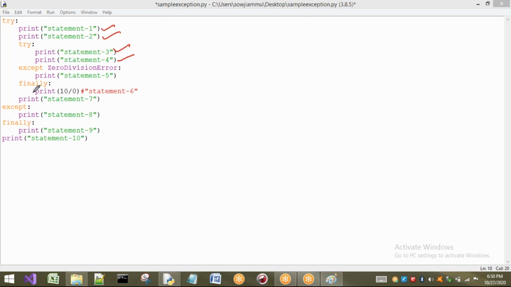We have an exception here. Whenever there is an exception here, we jump out of that block. If there is an exception here, that means in this outer try I am having an exception. So we will jump out of that try block and it will search for the corresponding except block. As we have the default here, this will be executed. After that, finally will be executed. After that, the last statement is also going to be executed because the exception is handled here. So what is the output? 1, 2, 3, 4, 8, 9, and 10, and the program is terminated normally. Okay, now let us execute this program.